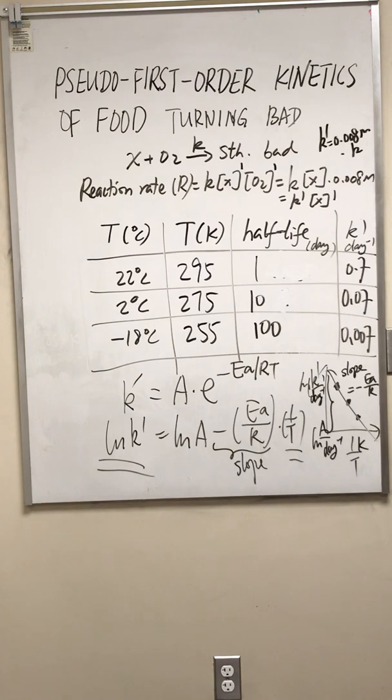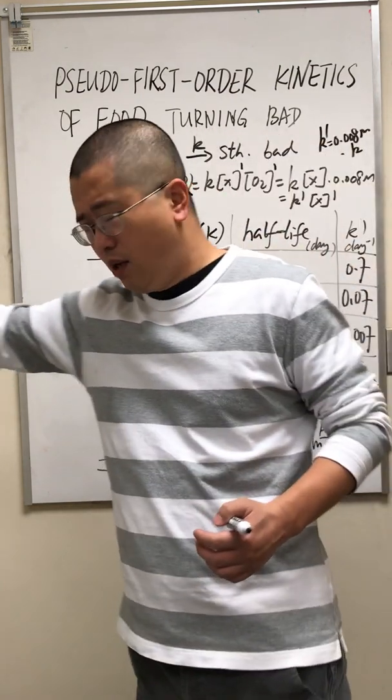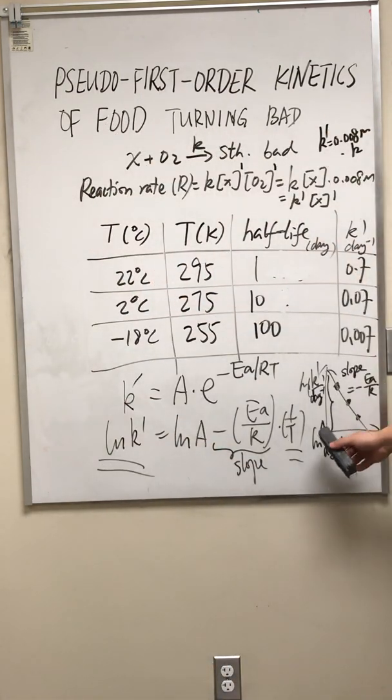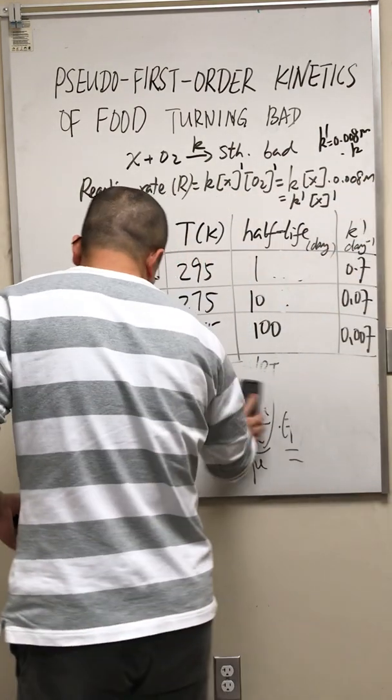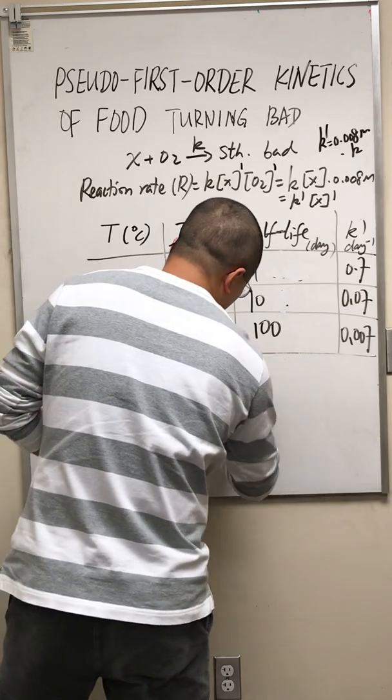All right, so I'll let you work on this. You can use an Excel spreadsheet or a Google spreadsheet, you can get the intercept and determine A. More importantly, you can get the slope from the graph, and then you can compute the activation energy. I'm going to hand calculate the activation energy here. To do that,